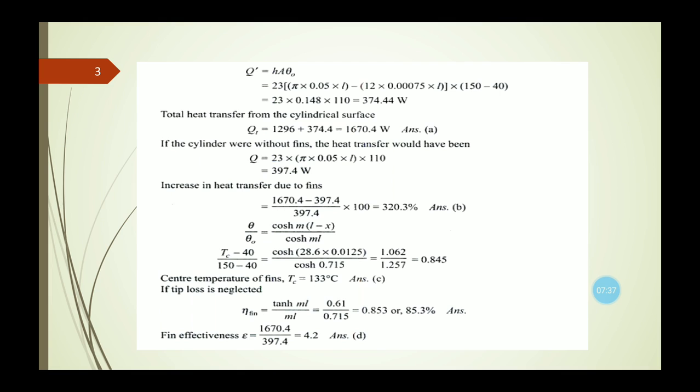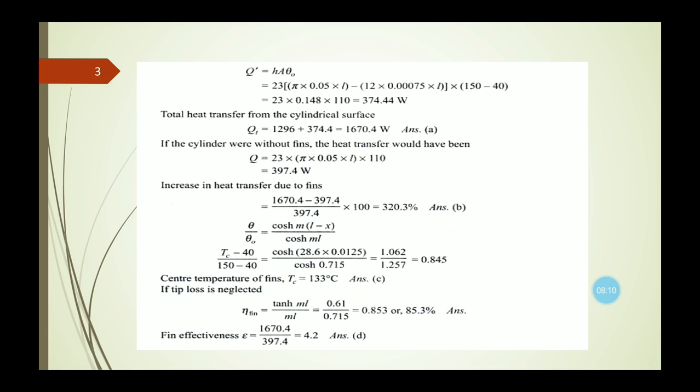So that's why Q dash we are getting ultimately 374.44 watt. So that means the total heat transfer from the cylindrical surface we are getting is 1296 plus 374.4 watt, that is 1670.4 watt. So this is the answer of the first part of this numerical. Now for the second part of the numerical,